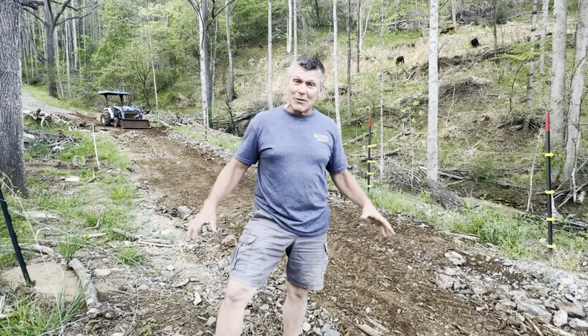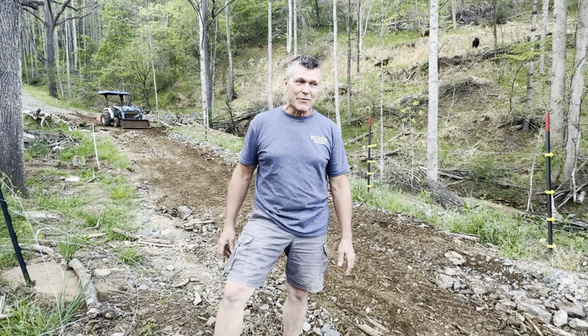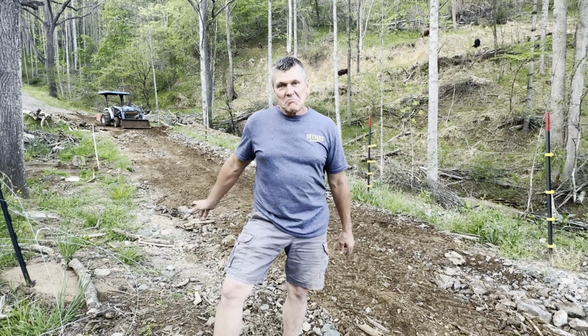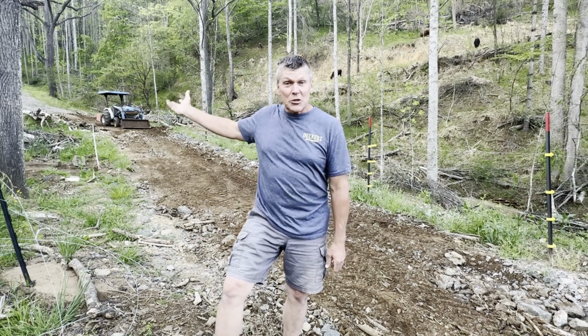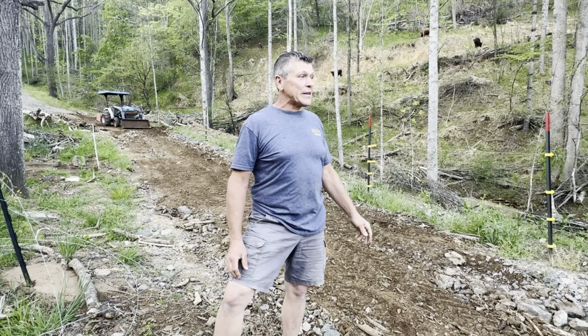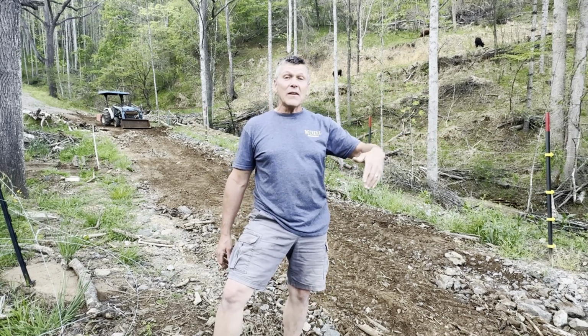I mean, this is just dirt and big rocks and everything that washed down in the storm that we've just kind of been working around and driving around or walking over. Just smooth it out a little bit and show you what the tractor can do anyway. Yeah, so we're working on that. I've got a couple spots I'm going to smooth out on the way back in, but it's getting dark and